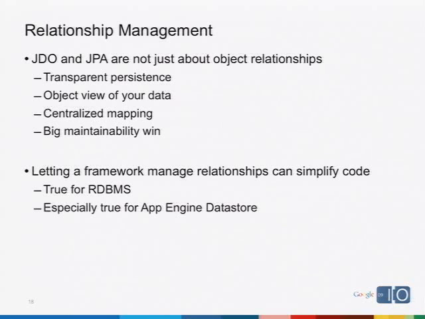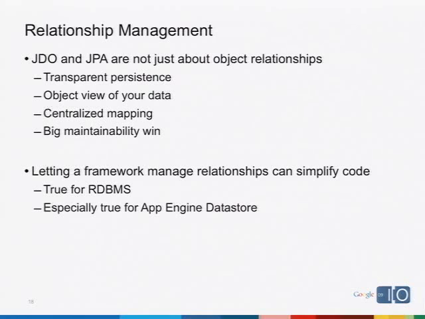The point that I want to try to make here is that JDO and JPA have a lot of value beyond all the magic that it will do under the hood related to relationship management. And by relationship management, I'm talking about the fact that you can declare a one-to-many relationship and you can just add something to a collection, and because it's reachable from something that's already persisted, it will automatically get written to the data store. The fact that you can touch some object which hasn't been loaded by the data store yet, and the framework will say, oh, this thing hasn't been loaded, and it will pull it into memory. Right? That's the kind of stuff that people can easily get tangled up in.